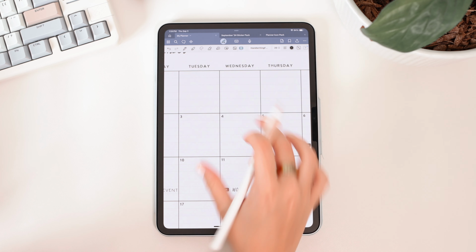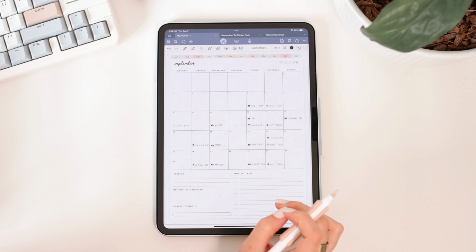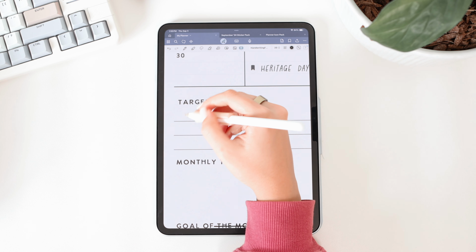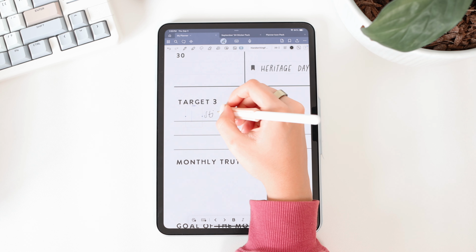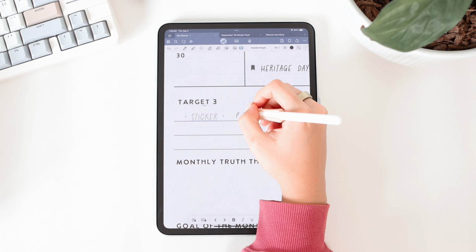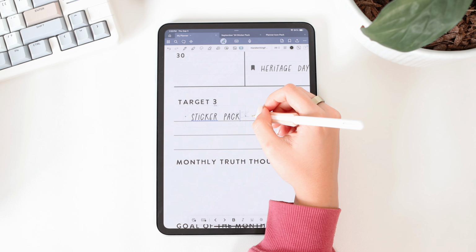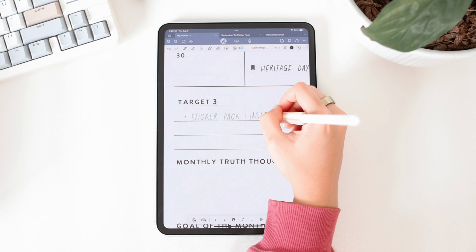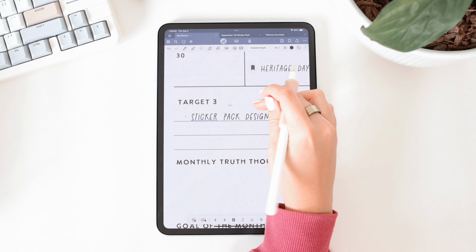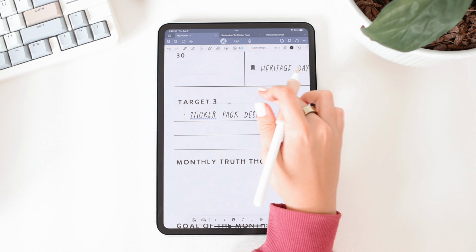Once I'm happy with my calendar layout and all the scheduling of that, then I can move on to goal setting for the month, and this planner here has this section for target 3. I view this as things that I would just like to achieve and work towards. So for this month, we have the design of my sticker pack, which I really hope to work more on